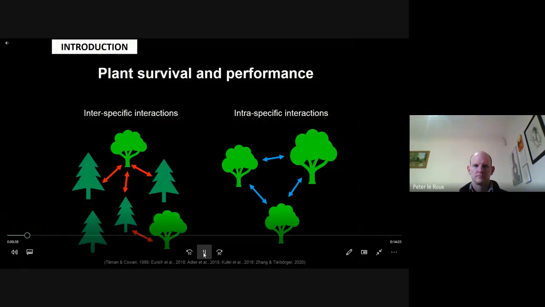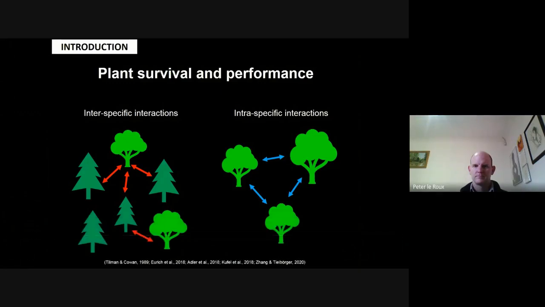The outcome of interactions between plant species can vary spatially and temporally, and often depends strongly on the identity of interacting species. However, generally speaking, interspecific interactions are assumed to be negative due to competition. Strong competition is also expected between individuals of the same species. For example, when individuals of the same species are grown in high-density stands, individuals from low-density stands may perform better than individuals from the high-density stands. Therefore, both inter- and intraspecific interactions may strongly affect plant species performance, with negative outcomes being expected and often being observed.